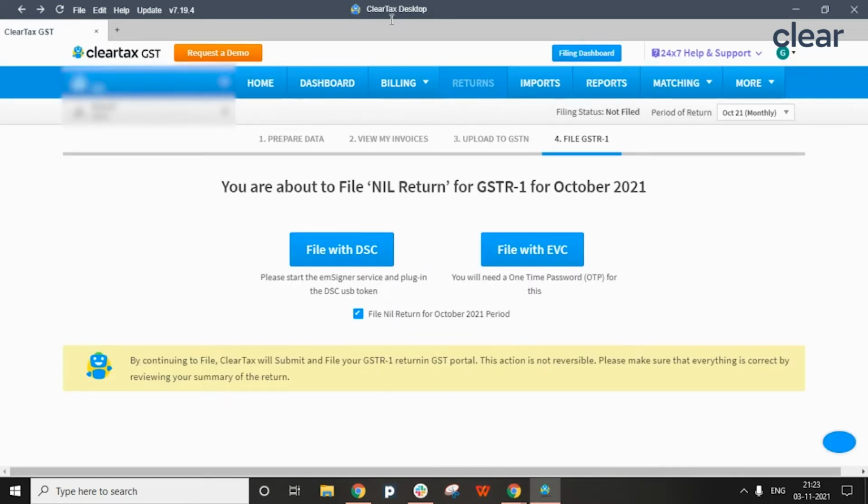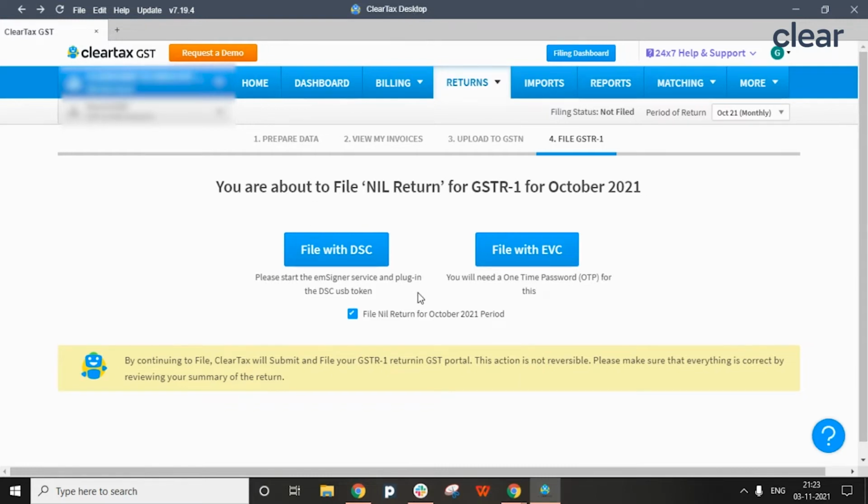Within few seconds, you will see that ClearTax desktop app opens, and here the return period is already pre-selected as October 2021, and you will also find that this checkbox is selected, which is nothing but to file a nil return for the particular return period. Now I will have to select either file with DSC, that is digital signature certificate, or file with EVC for one-time password. Now, between these two options, I will select one of them and then proceed to file the nil